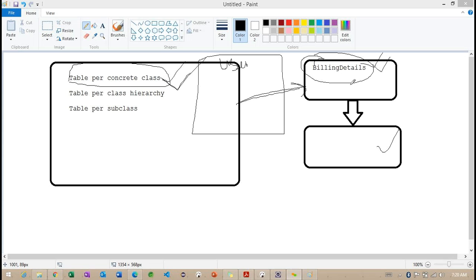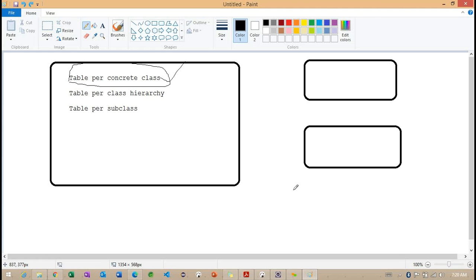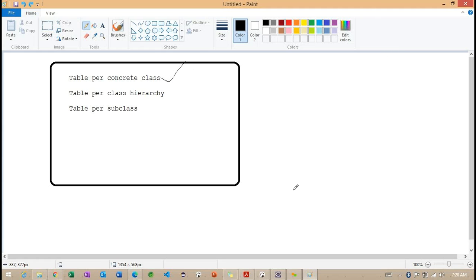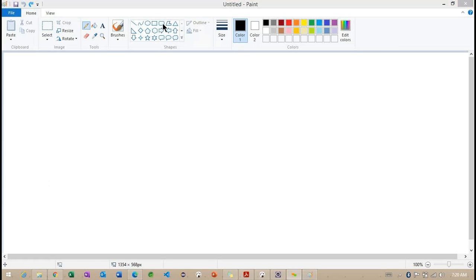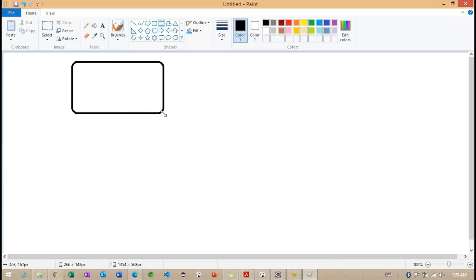Now you need to see, because billing details is an abstract class we are going to create, and inside this billing details, again we are going to work on two sections. What are the two sections we are going to work on? Now carefully observe. I want to create three pieces of information here.